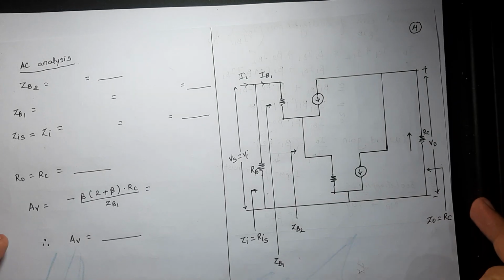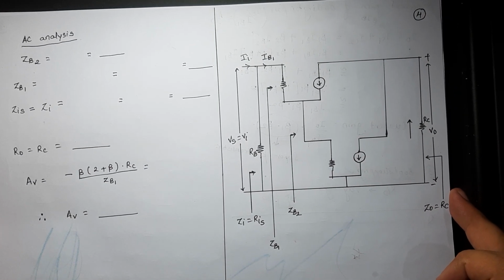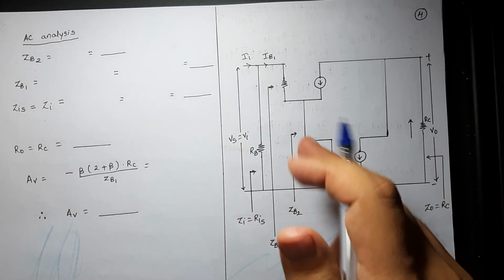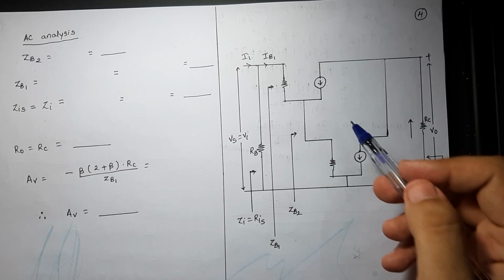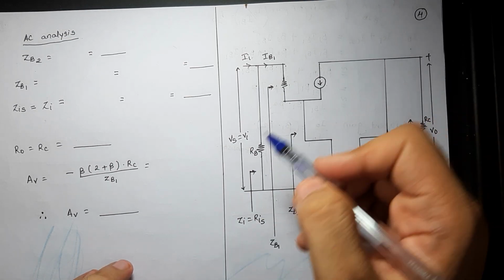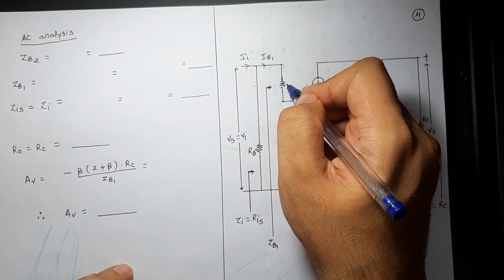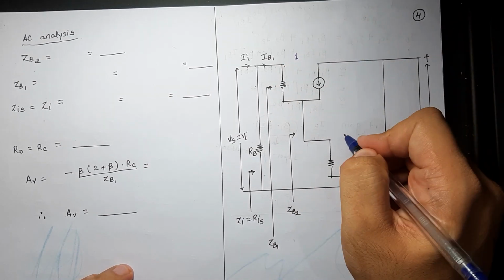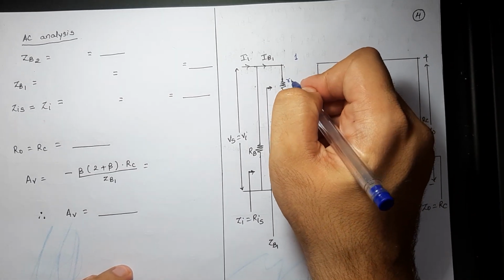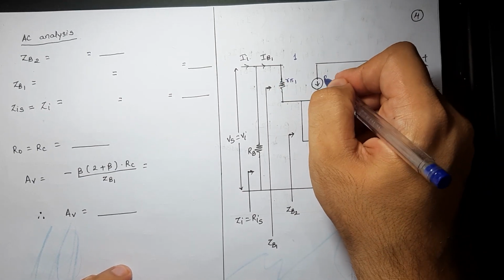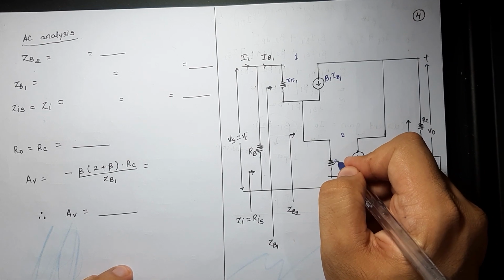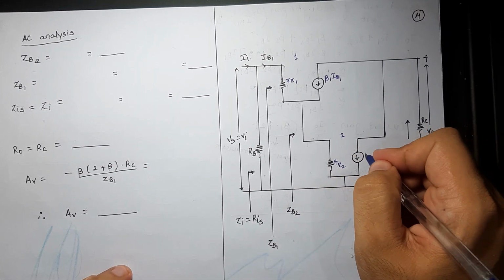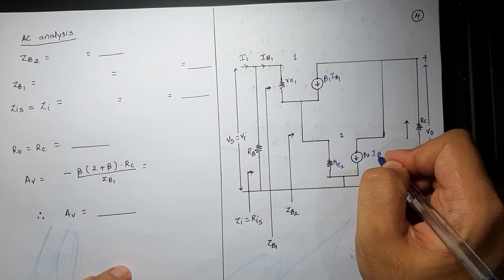So now, the AC analysis that you might be remembering from yesterday's lecture, that since it is a two-stage transistor, two-stage Darlington pair, it is simpler that we have it in this type of configuration. Again, I'll start with the nomenclature. If this is the first stage and this is the second stage, so this one will be R pi 1, this one will be beta 1, IB1, this one will be R pi 2, this one will be beta 2, IB2.